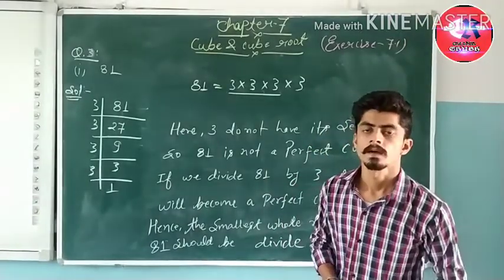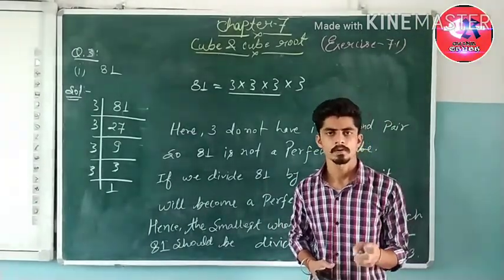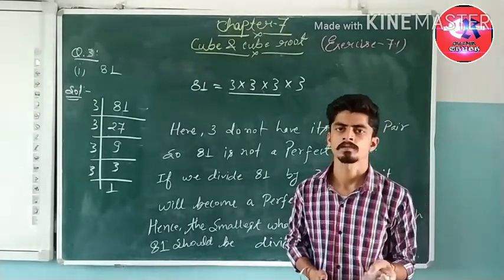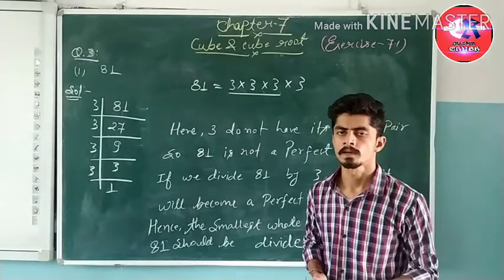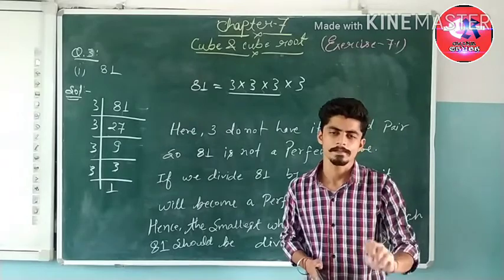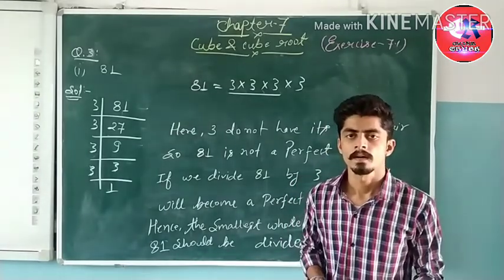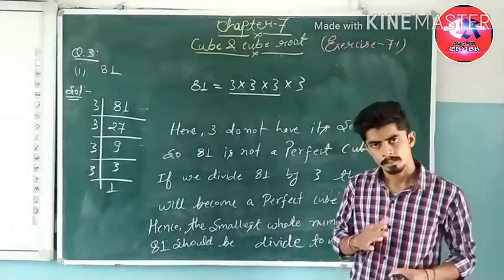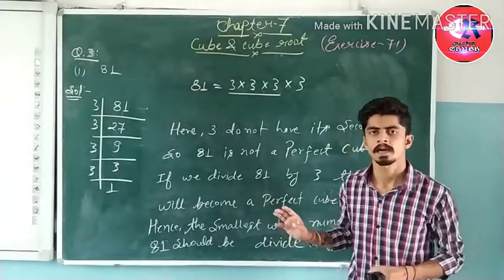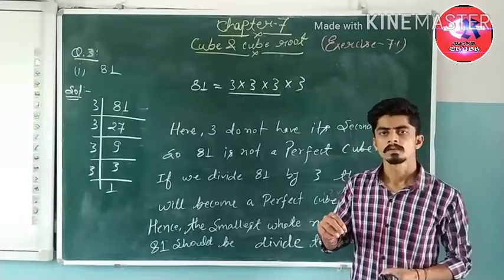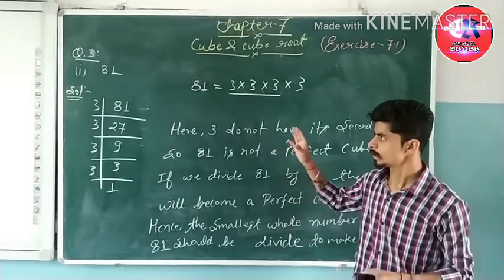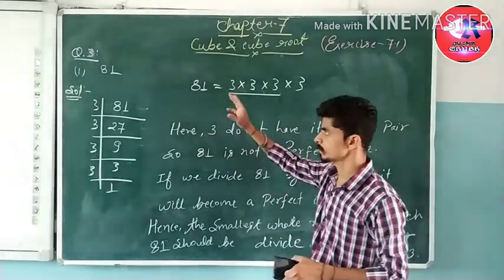This is question number 3. In this question we have to find a whole number by which we have to divide the given numbers to get a perfect cube. This question is quite similar to question number 2. 95% of the process is the same. In question number 2 we multiplied by the number that does not have a complete group. In this question we have to divide by that particular number that does not have its group. So we are going to start the solution.